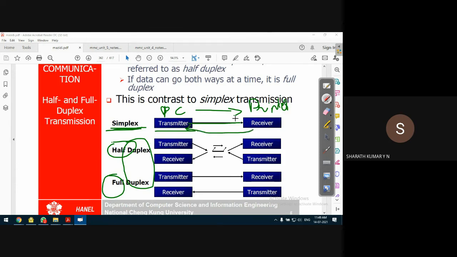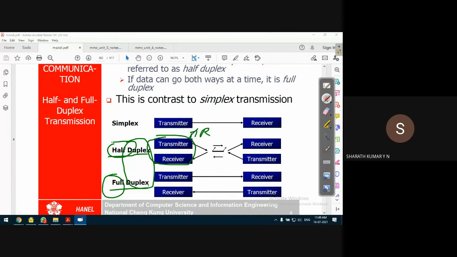Only the PC will send the data to the printer. One-way communication. Next comes duplex communication, which is two-way communication. There are two types: half duplex and full duplex. In half duplex, at a time a device can act as a transmitter or as a receiver.